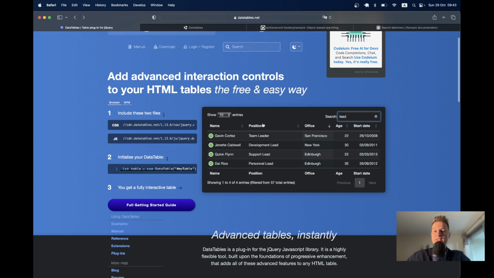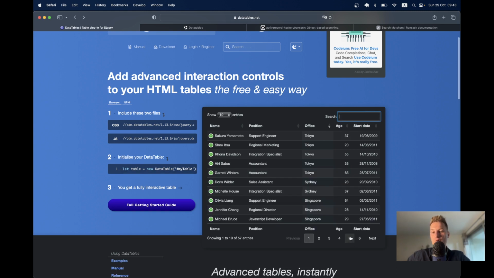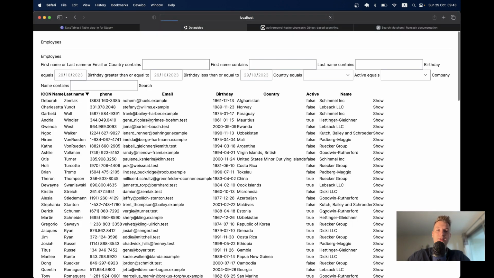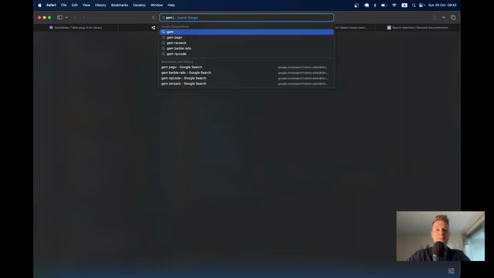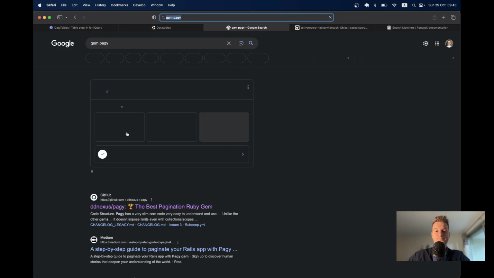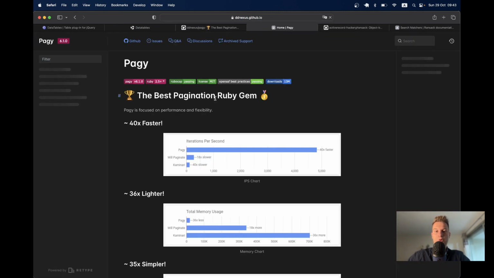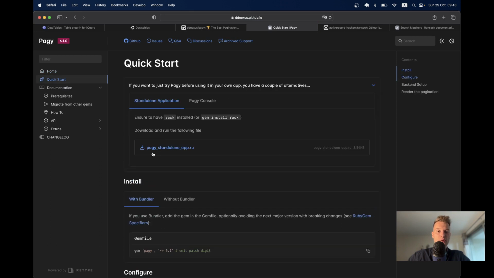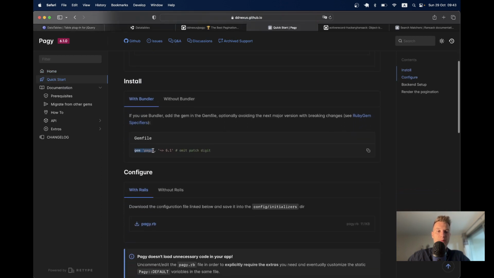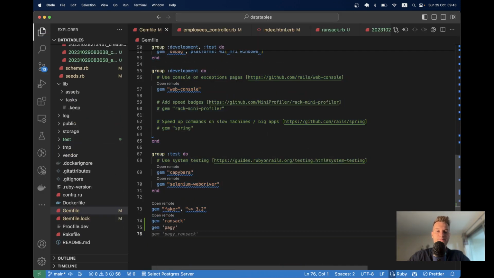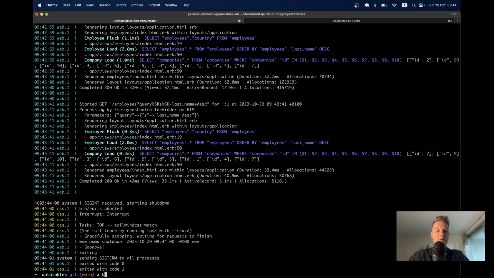Now, to actually make this a data table, we would also want to add pagination. So let's try adding pagination, and the simplest way to do it would be using the gem Pagy. So let's go to gem Pagy, and let's go to the documentation, quick start. I'm going to add the gem Pagy to our Gemfile, run bundle,